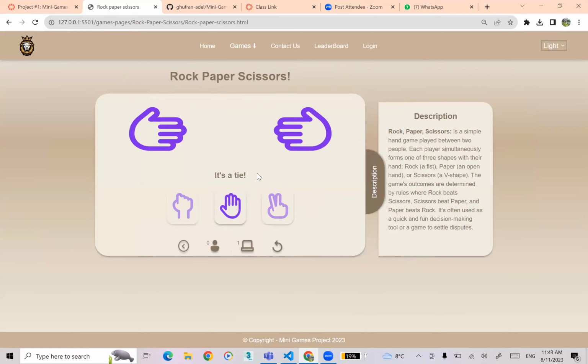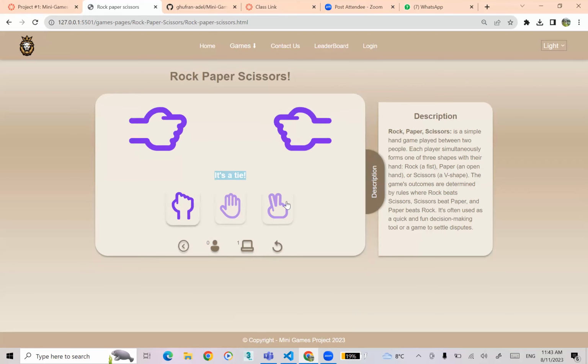Here I have actually two places to display the game status. Here it shows who wins, whether the computer, the user, or it's a tie. And here you can find the scores for the computer or for the person who's playing. And whenever the person is done or wants to restart, it can easily be restarted from here, or play again.